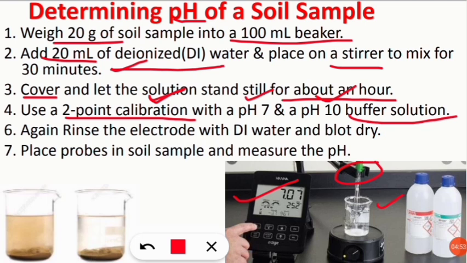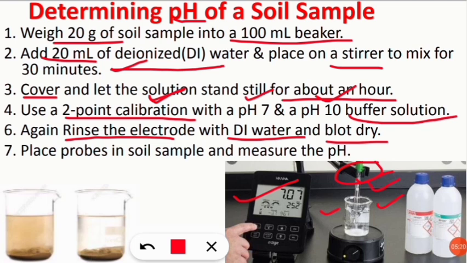What we will do, we should rinse the electrode. So how to check the buffer solution pH? We will take the buffer solution in the beaker, then we will put the probe inside that solution and check the analysis. After that, we will take out the probe from that beaker and rinse the electrode, that is this probe, with distilled water, and clean it with blotting paper. So we will wash it and then dry that probe, that is the electrode rod.